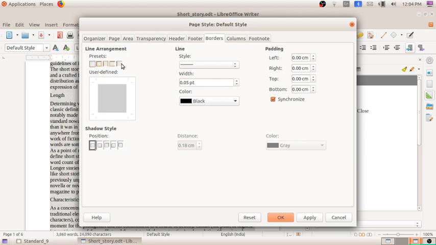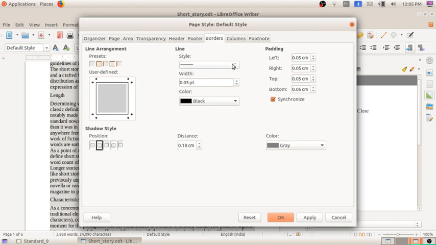Here you can see 4 types. One is no border. If I want to give a full border, there is also an option. If I want to give only the left and right borders, there is also an option, and only the top and bottom. And the next one is a single border. So now I am choosing the whole 4 borders. I have to select the second option, and if I want to give a shadow for the border, that is also possible. So I am selecting the second, the cast shadow to the bottom right, just for showing. If you wish, you can do that.